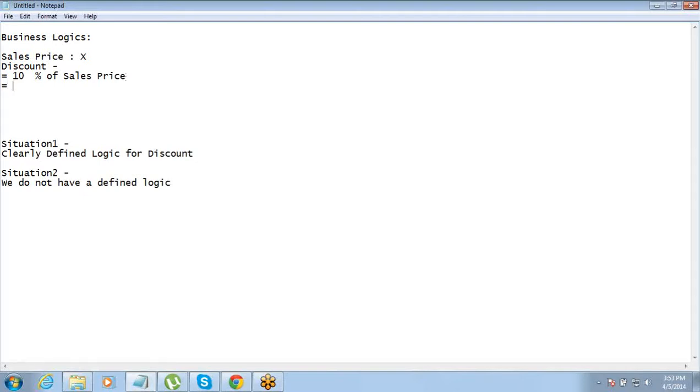Or, as I said, the company has a logic that from January till March they give a 25% discount. There you can put: if the current month is Jan or Feb or March, then discount equals 25% of sales price. So this is one business logic thing, and this is usually called a formula.